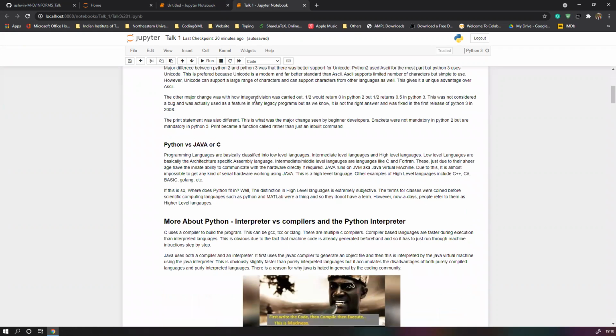So moving on, Python versus other programming languages, Java and C. You guys would have heard the term low level language, intermediate level language, or middle level language, and then a high level language. And if you have studied Java or C in your undergrad or previously, you,